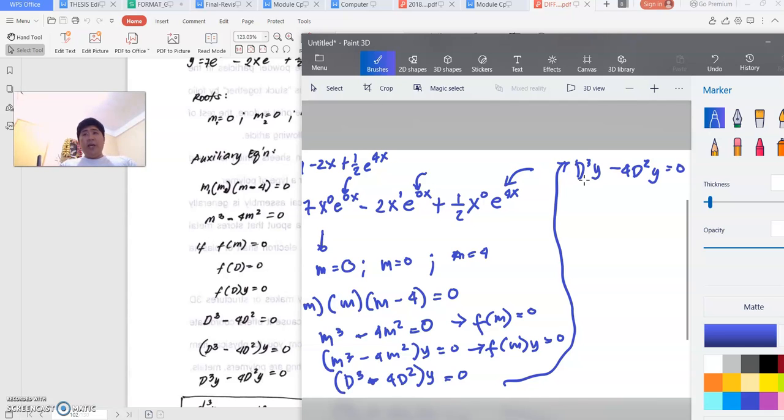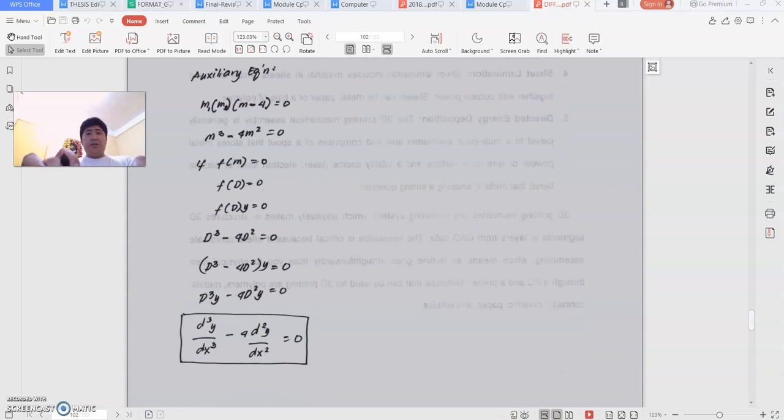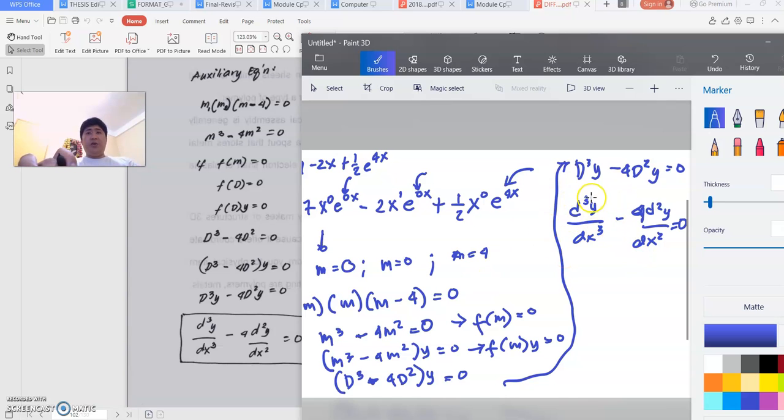Okay, since it is D, it means derivative. So therefore, you have d cubed y over dx cubed minus 4, that is 4 d squared y over dx squared equals 0. Okay? So, therefore, your differential equation is d cubed y over dx cubed, or the third order, minus 4 times the second order equals 0. Okay? So that's how you get